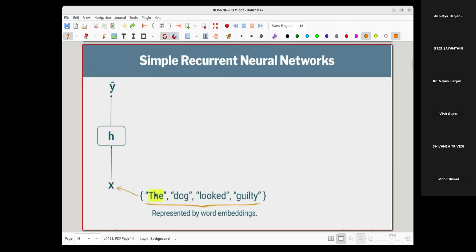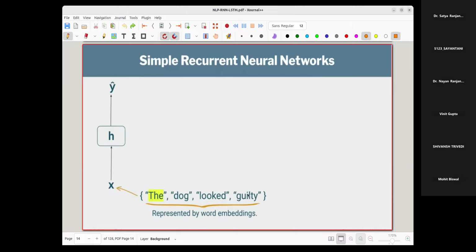Even if you execute the neural network and feed these embeddings one after another, as they are not dependent, there is nothing called memory. If there was a memory here, then the memory could contain the information of "the dog looked" when processing guilty. But as there is nothing called memory, it cannot capture the information of these previous words when you are processing guilty. So to solve this,